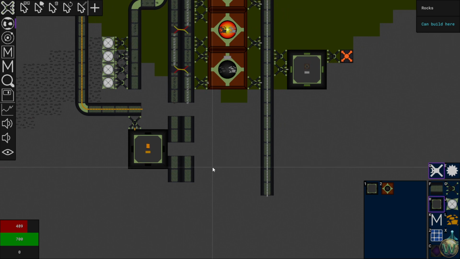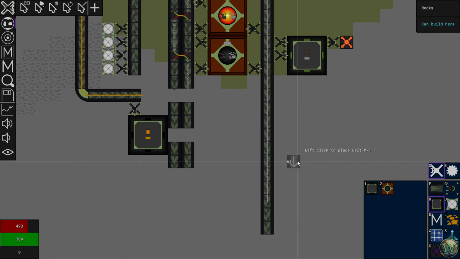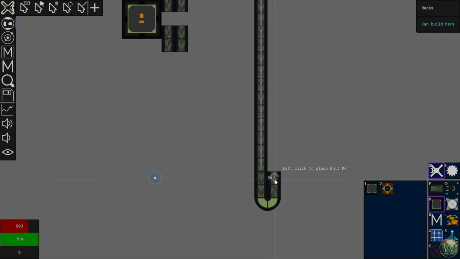1, 2, 3, 4, 5, 6. Well, let's see here. 1, 2, 3, 4, 5, 6, 7, 8, 9, 10, 11, 12. That's enough for 4. 13, 14, 15, 16, 17, 18 is enough for the full dozen. And then we could just do like this and come back up to actually do some of the arrays to